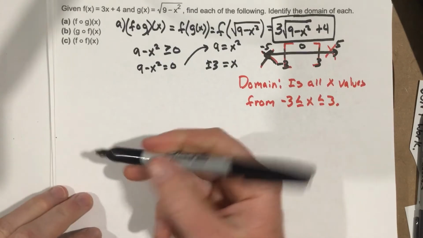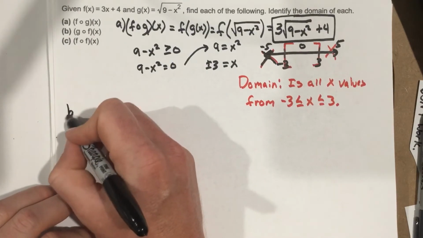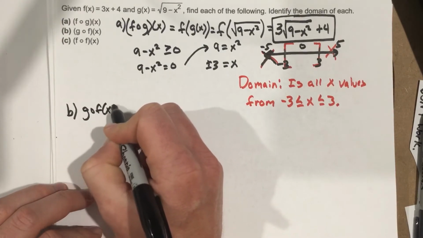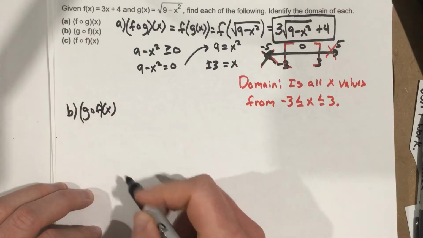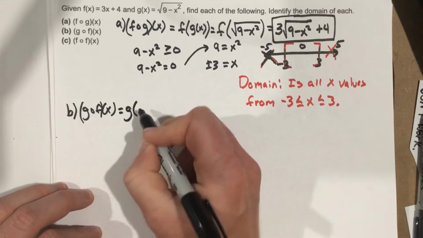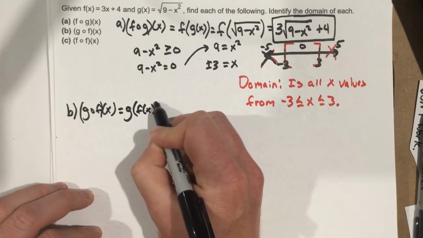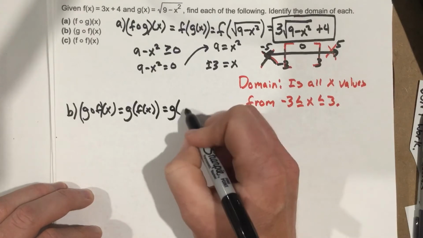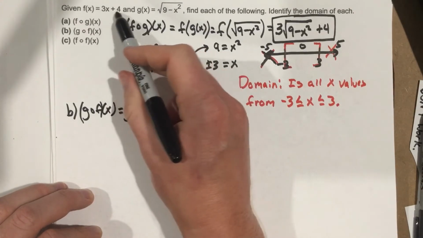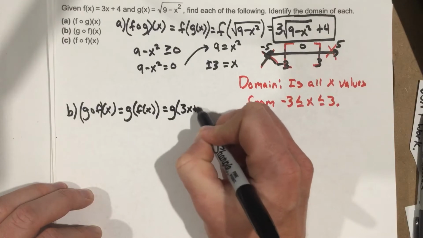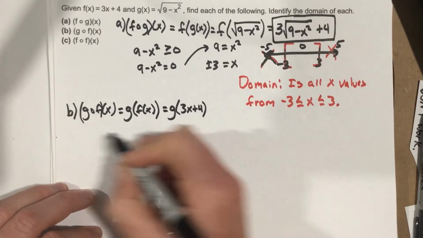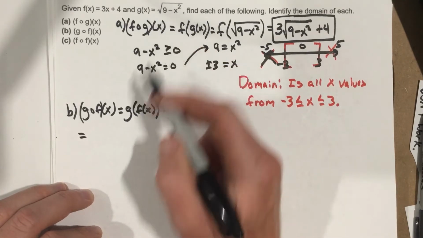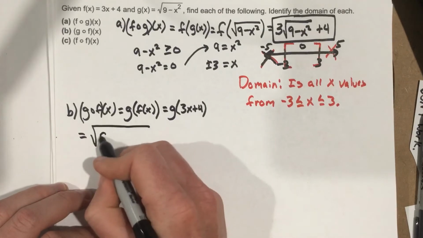Now let's go to part B. We've got g of f of x. So that's g with an input of f of x. So that's g with an input of, we're going to say 3x plus 4, because that's what f of x is. Which equals, when I plug 3x plus 4 into this g function for x, I get root 9 minus